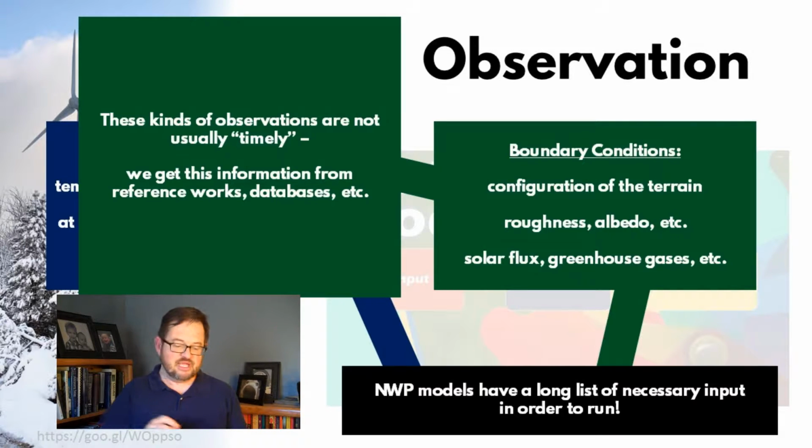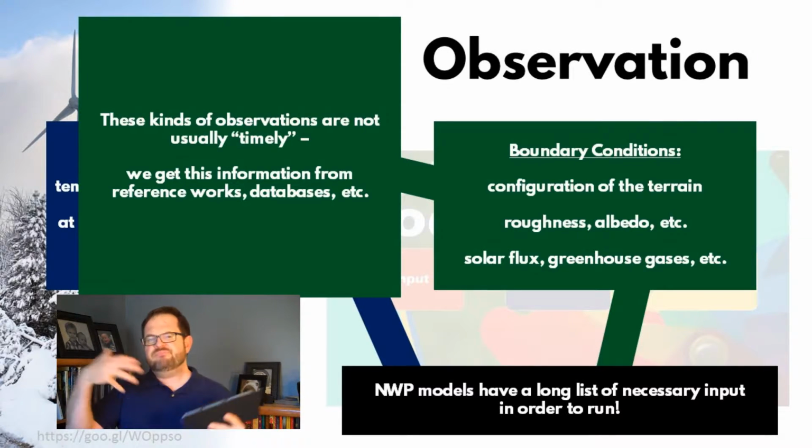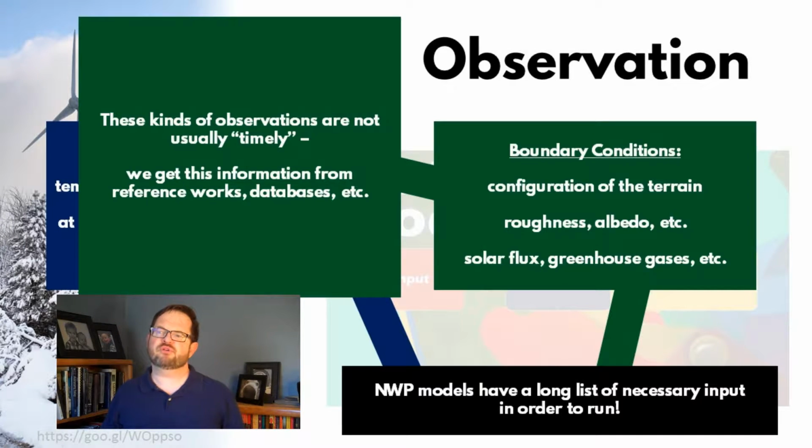Initial conditions are such a key part of numerical weather prediction that it's hard to imagine there's any other kind of input, but there's a whole second set of inputs called the boundary conditions. And the boundary conditions are things that you're imposing, imposing being a key vocabulary word there, from the outside of the laws of physics. They are things like the configuration of the terrain. Okay, in your model, the slope of the Rocky Mountains is not going to change. But that's a piece of information the model needs.